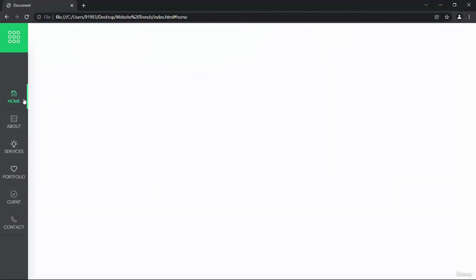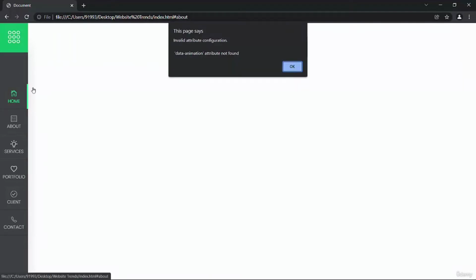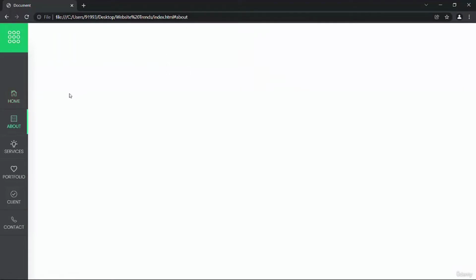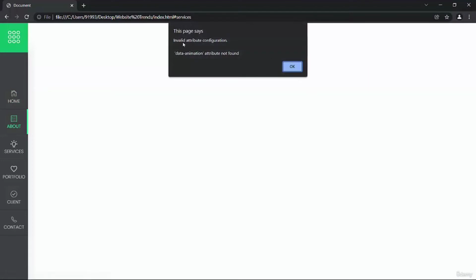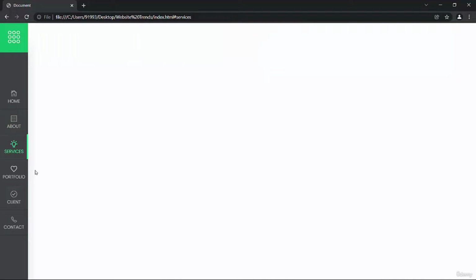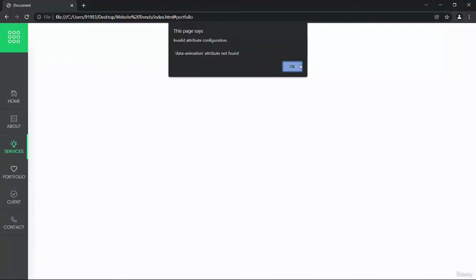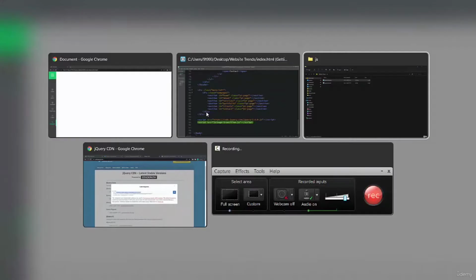So friends, you can see it has got activated. Previously it was not activating. It was giving the error: data animation attribute not found. Okay, don't worry, we'll make it work. Really cool, isn't it? Okay, so what we'll do, we'll come back to the